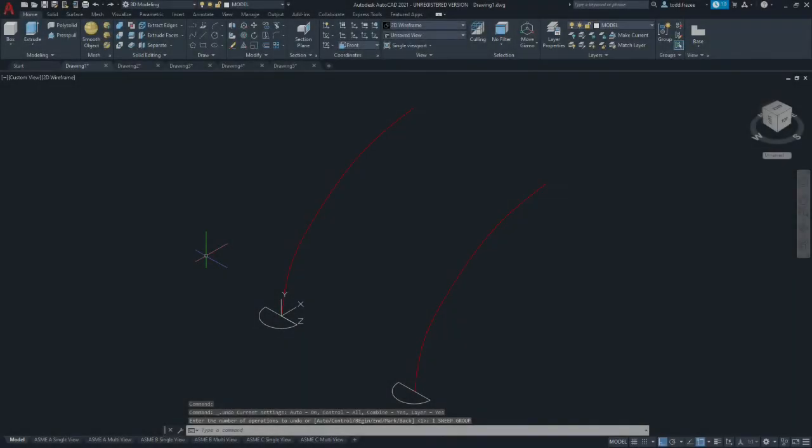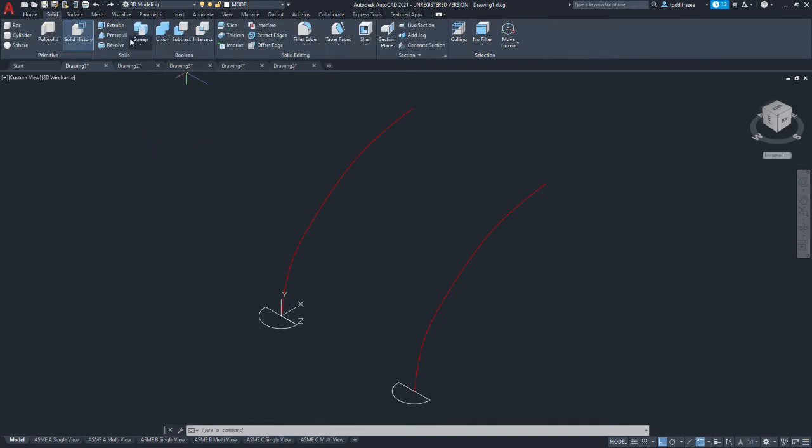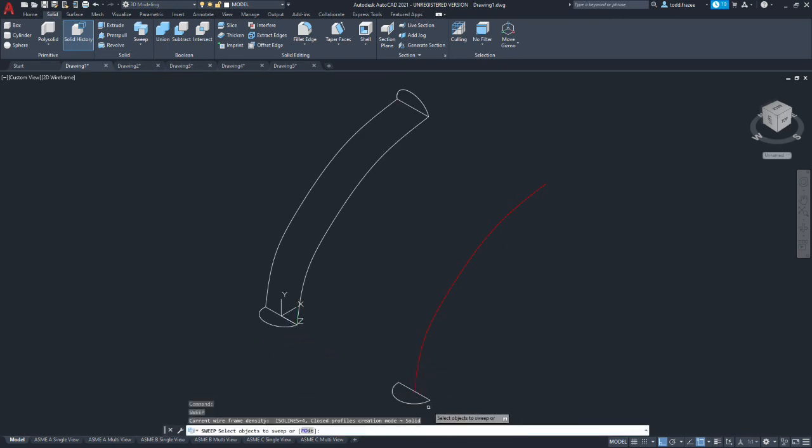Okay, this next example is going to show how the scaling effect works with the sweep command. We're going to go to solid, we're going to select sweep, and our first one is going to be our control. So we're going to select our profile, we're going to accept it, and then we're going to select our path. So that's our default. Now we're going to repeat the command, and on this shape we're going to select the profile, we're going to accept it, and we're going to use the scale command. And it's saying what is your scale factor. So it defaults to 1, which means it's going to be the same size.